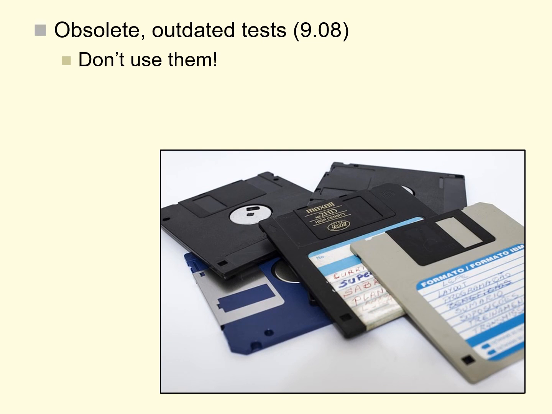Ethical Standard 9.08 covers obsolete or outdated tests and is a simple one. It's just don't use them. Don't use technology that's out of date, for all sorts of reasons that I've highlighted in previous lectures. At the very least, the performance of those items on that test may be different today than it was a decade ago when the test was first developed. The norms that we might use to interpret the test today are maybe not the same as the norms that were in existence at the time the test was developed, and so on. We have to be careful about that, and usually just avoid the use of old testing technologies.